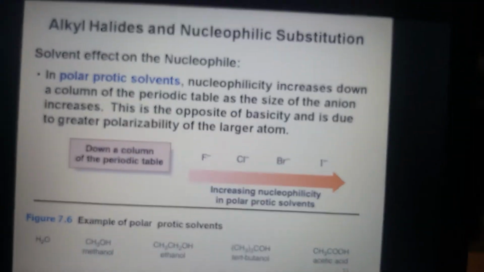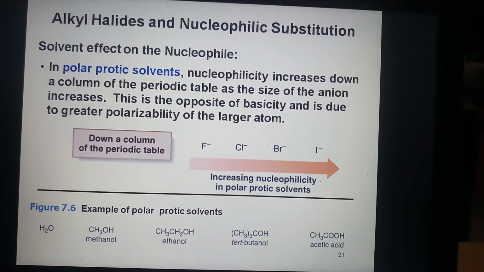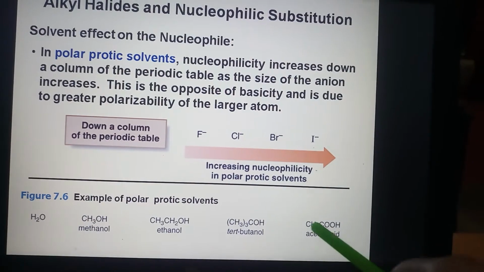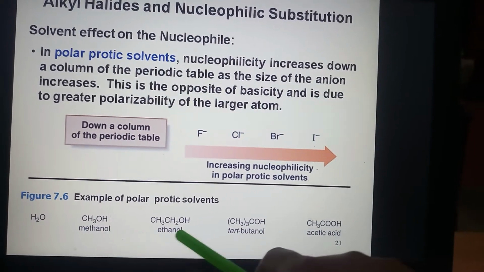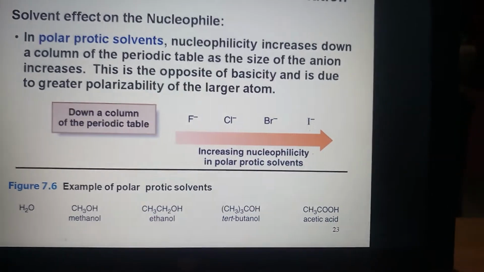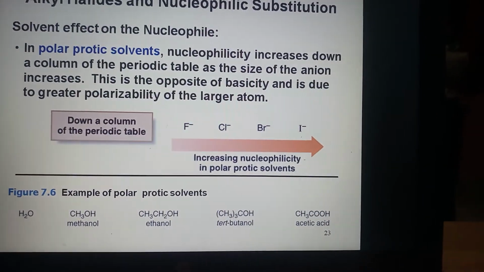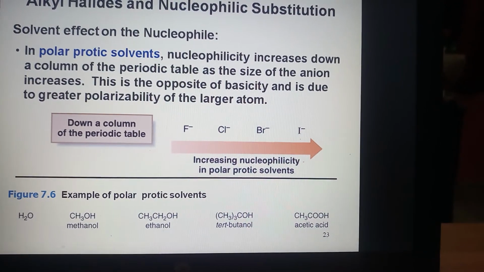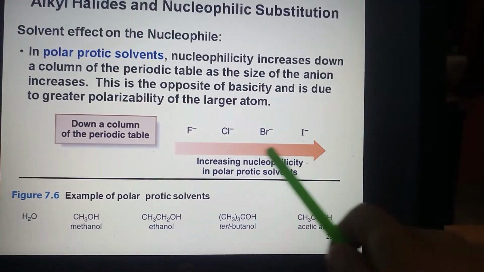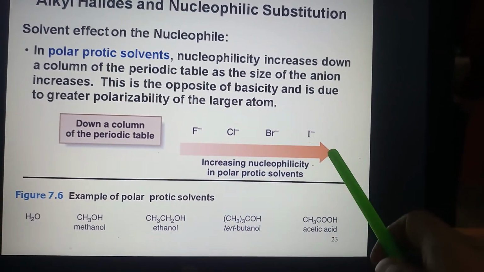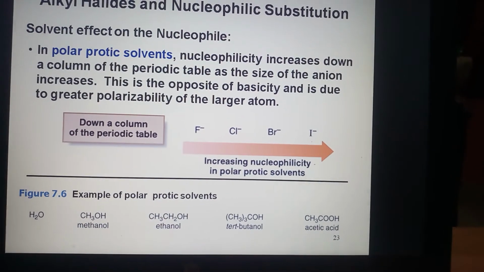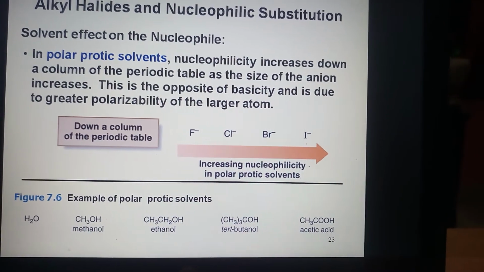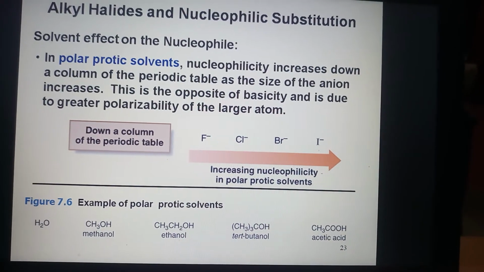Now, solvent effect on nucleophiles. Consider polar protic solvents. Examples of some polar protic solvents are water, methanol, ethanol, tertiary butanol, acetic acid, etc. In polar protic solvents, nucleophilicity increases down a column of the periodic table as the size of the anion increases. You can see the series from fluoride to iodide, increasing nucleophilicity in polar protic solvent. This is opposite of basicity and is due to the greater polarizability of the larger atom. The reason is that